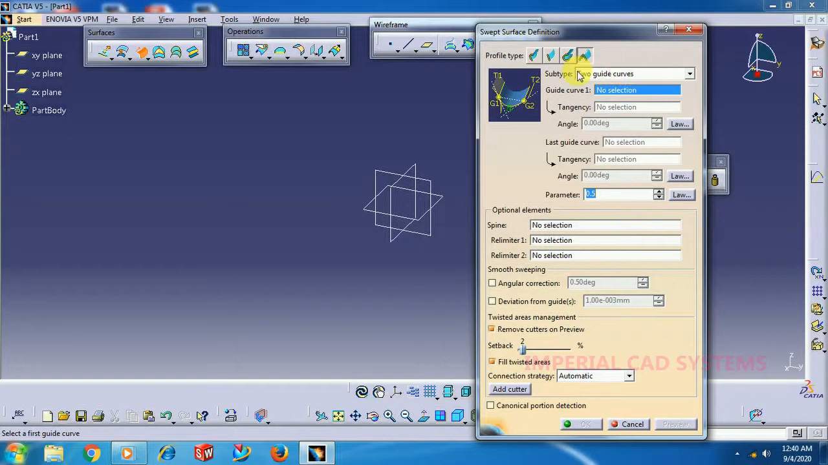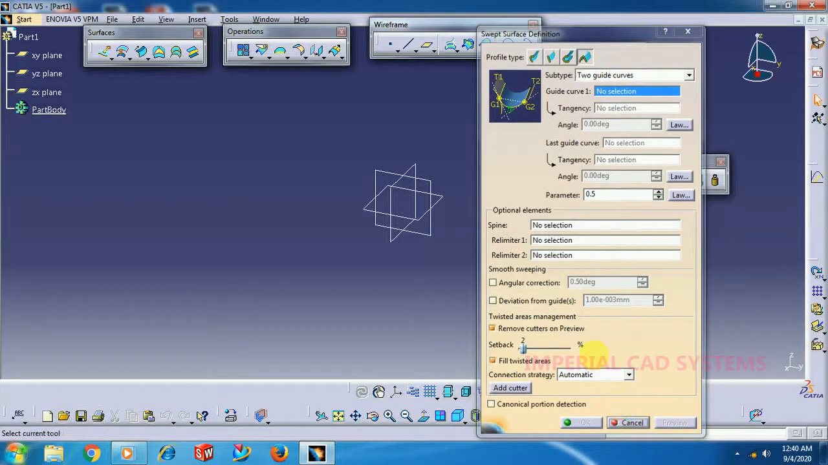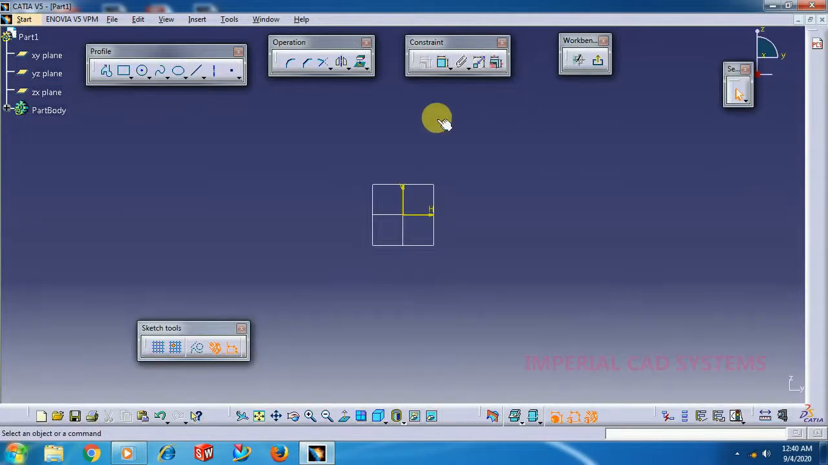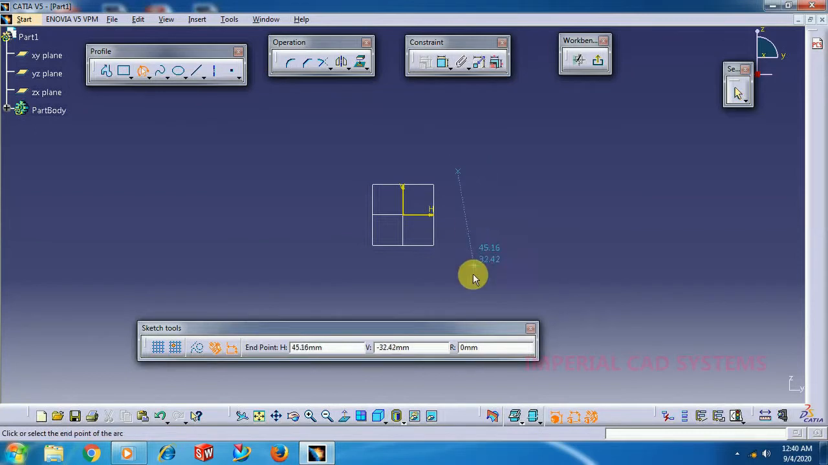I will explain two guide curves. It requires two guide curves: guide curve 1, last guide curve, and two tangency surfaces. The surface should be tangential to these guide curves. For this, first I take a curve, arc,